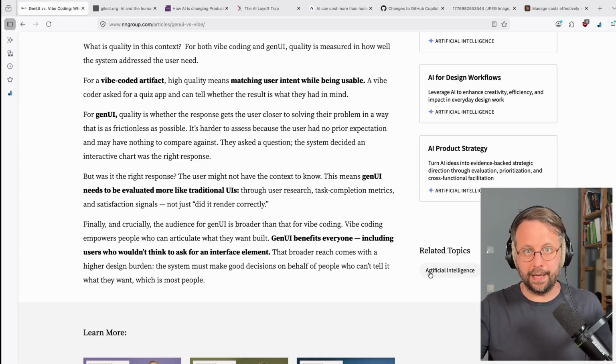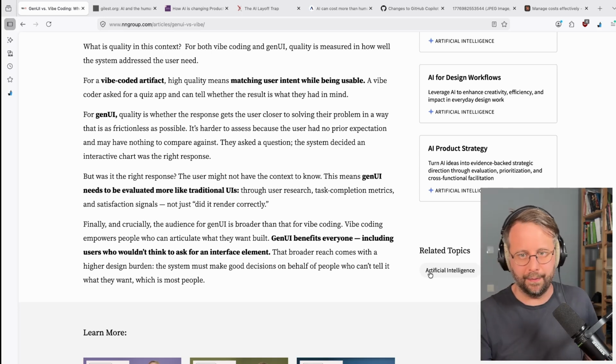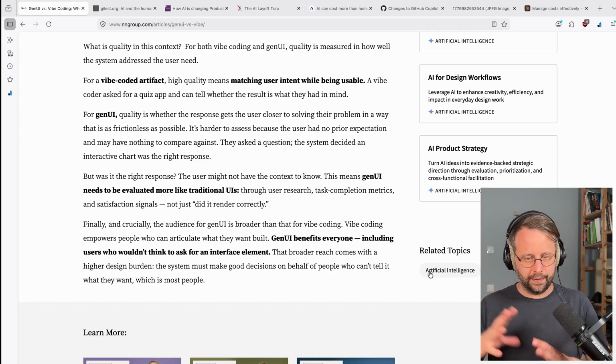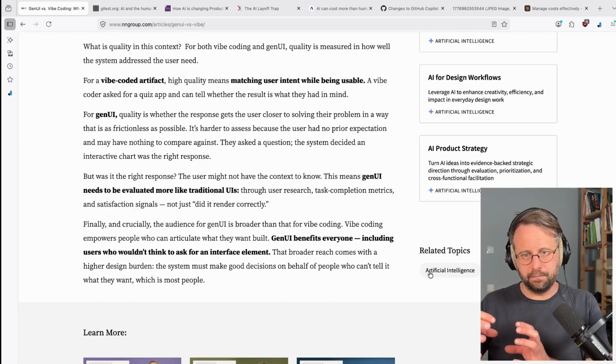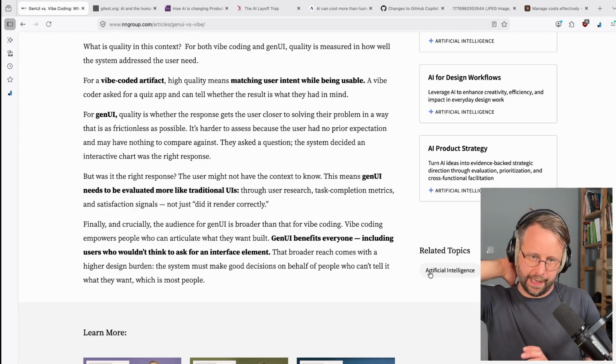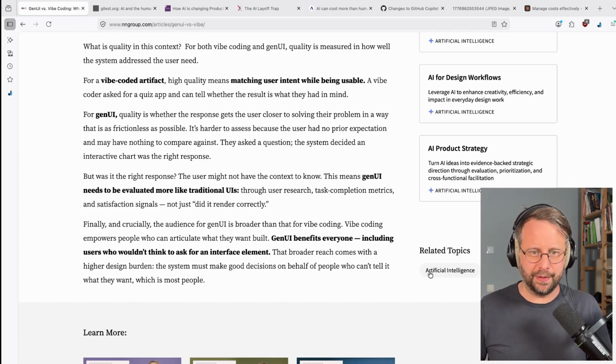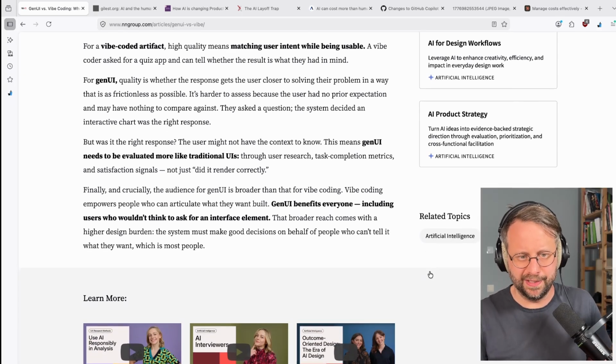Again, I think in chat interfaces, this might work. It might actually be great. I would love for Claude to give me random checklists or things to help me sort through and clarify. And you can sort of have that go off to the side in a project or something. But I don't like evaluating it more like traditional UIs. I don't think that's a good take.